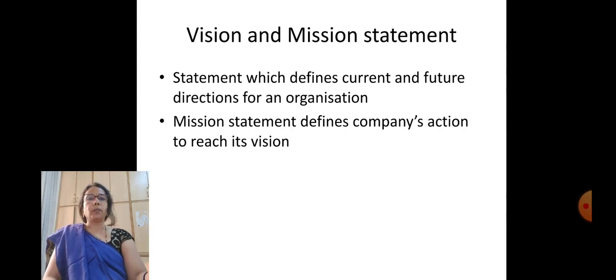Vision and mission. Have you ever been involved in an organization or business that never seems to accomplish very much? Regardless of the hard work you do, you just go in circles. The problem may be that you have not decided where you want to go and have not created a roadmap of how to get there. From the perspective of an organization, the problem may be that you are not focusing on what you want to achieve and how you will be achieving it.